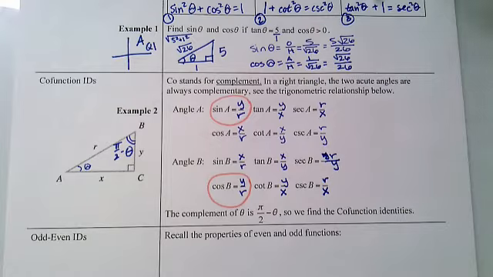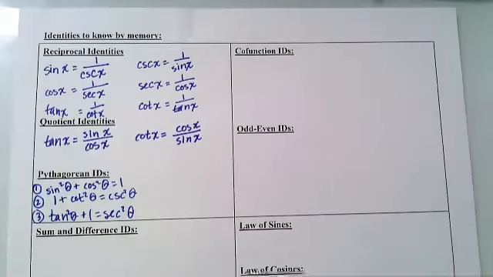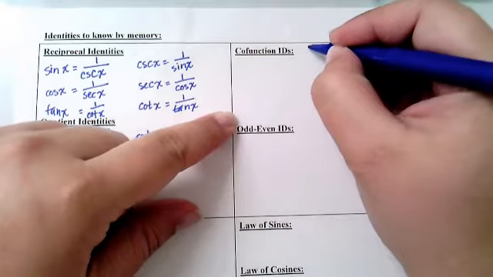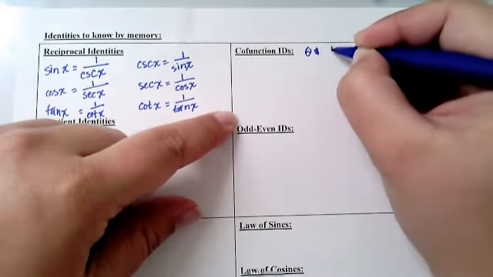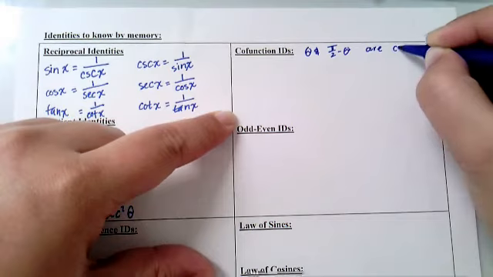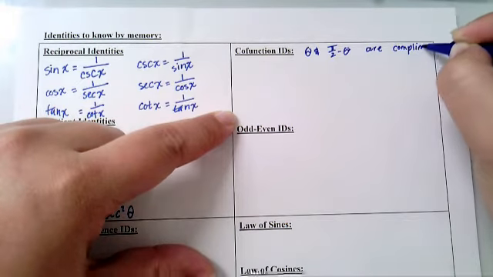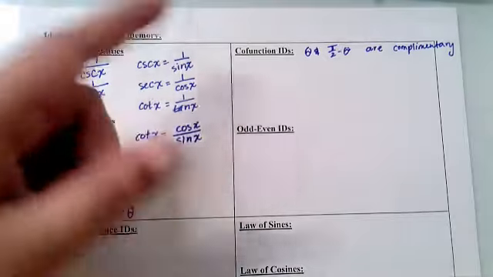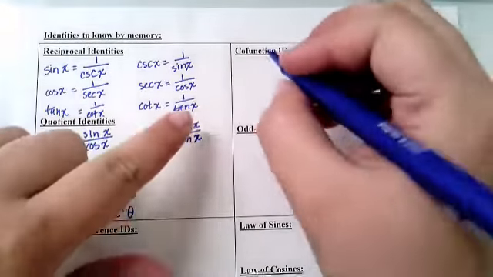Switching over to our identities cheat sheet. Okay, so we're filling in our cofunction identities, keeping in mind that theta and pi over 2 minus theta are complementary, meaning they add up to 90 degrees or they add up to pi over 2. So we can say